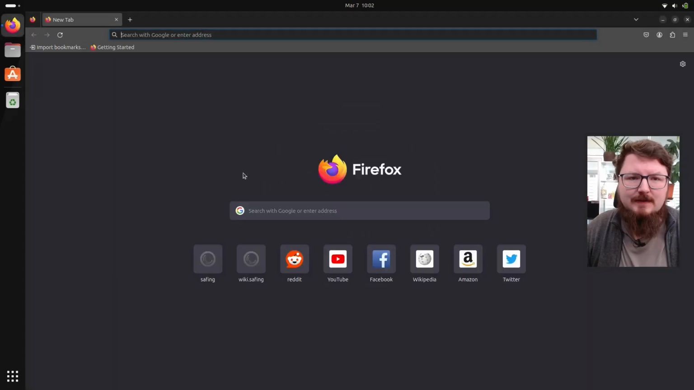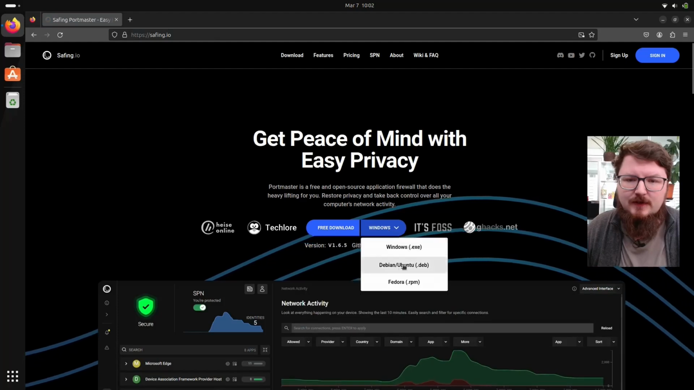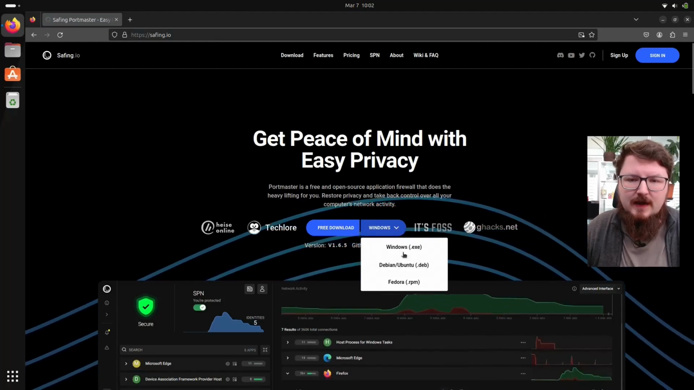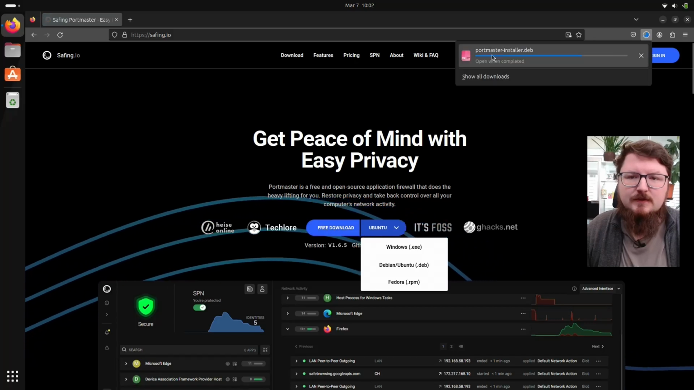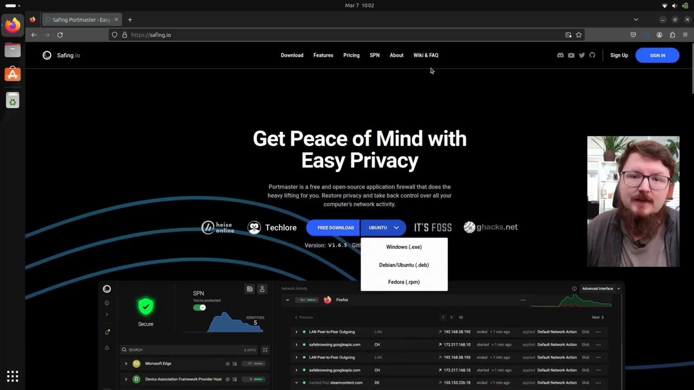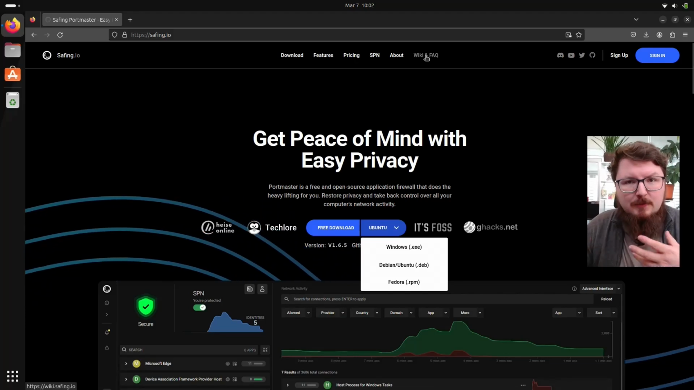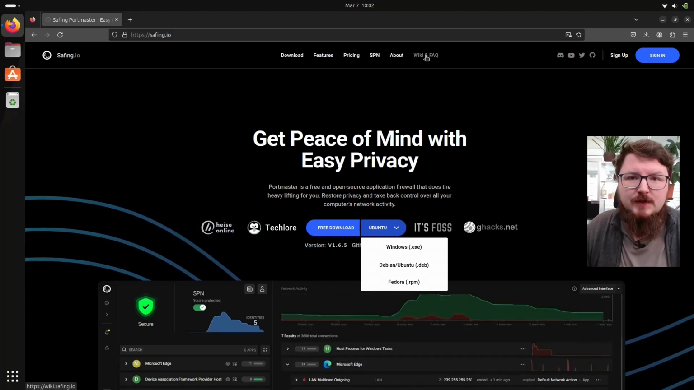To do that, Ubuntu is fairly easy. You just go to safing.io, click on the arrow here, select Ubuntu, and then free download. What this will do is download that .deb file, which is capable of being installed on most Debian and Ubuntu